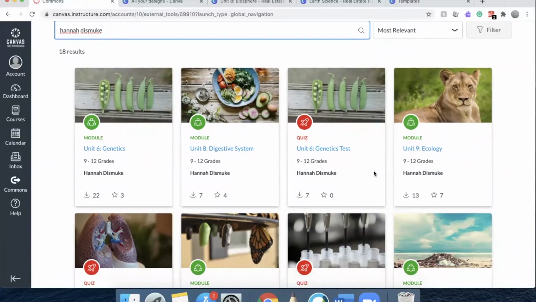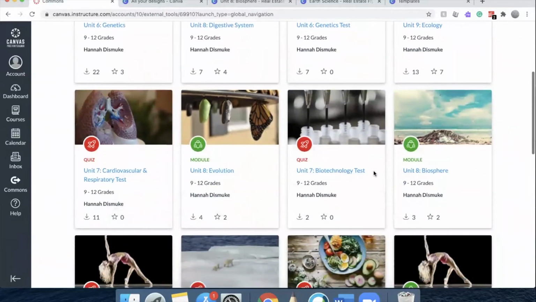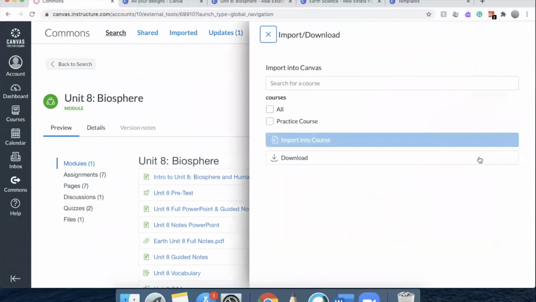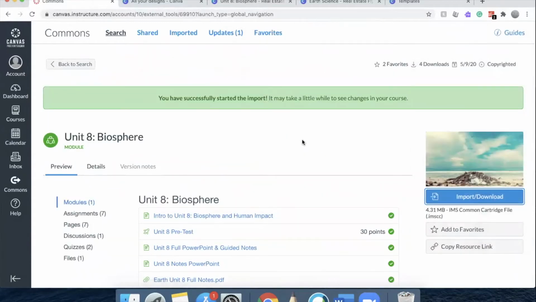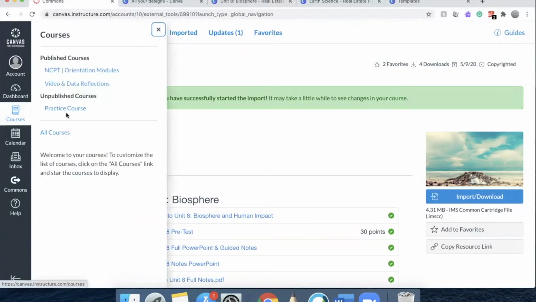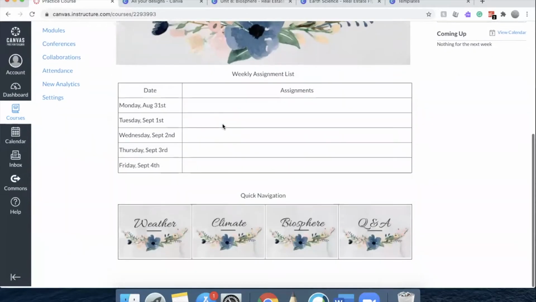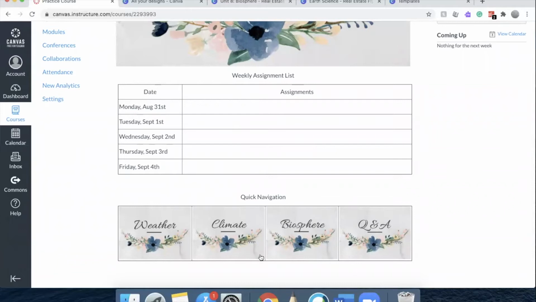So we were looking at Earth Science. We want our biosphere unit. We are going to import to the practice course. It's going to take a minute. We'll go back to our course. And so as soon as that module has downloaded, we'll be able to make that link to our biosphere button for our biosphere module. But until then, I'm going to show you how you can create your assignments list and